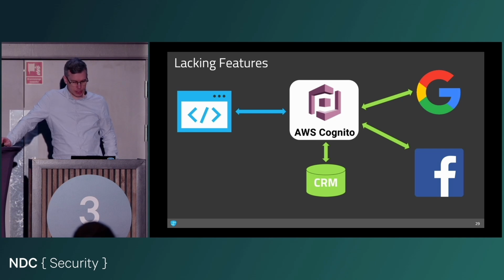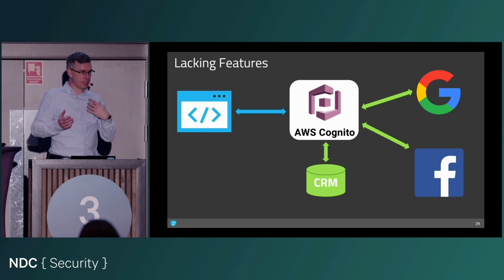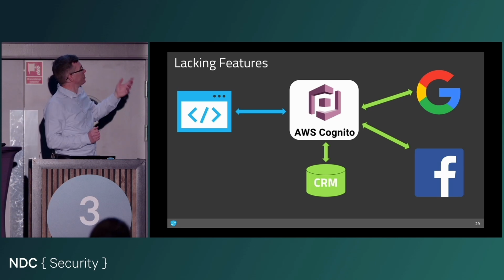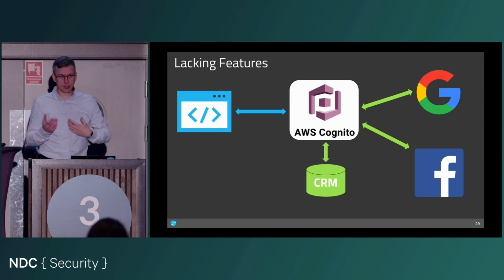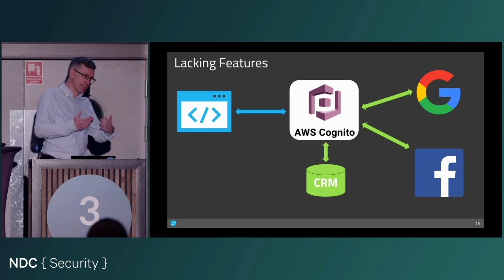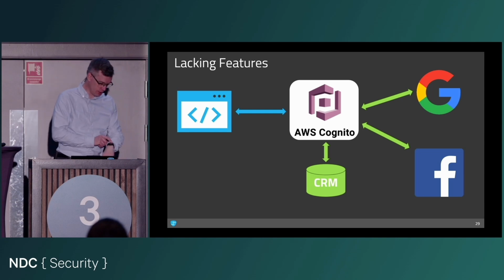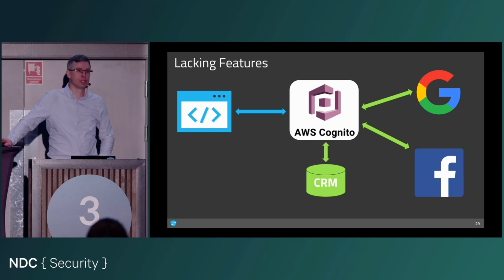And we'll connect our AWS Cognito instance to our CRM system with the idea that users would be able to use Google and Facebook to sign on, but there was also a connection to the CRM system saying that only users that actually existed in the CRM system and had an existing relationship with this organization would be allowed to